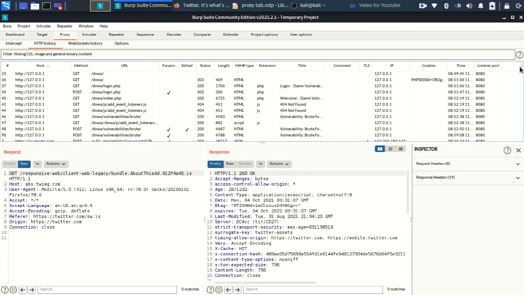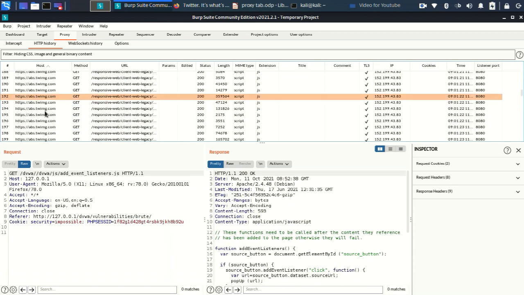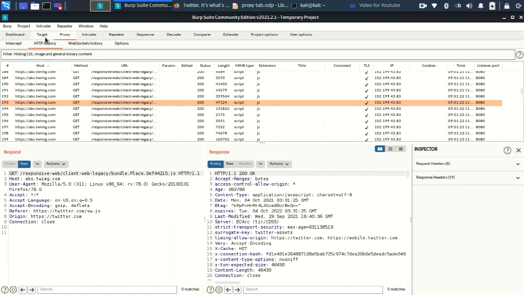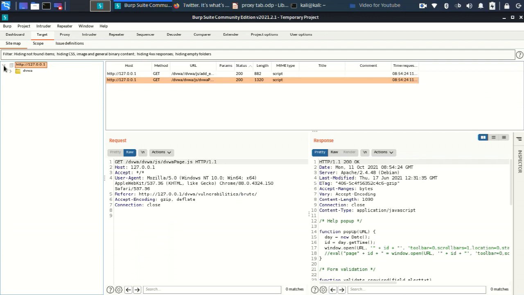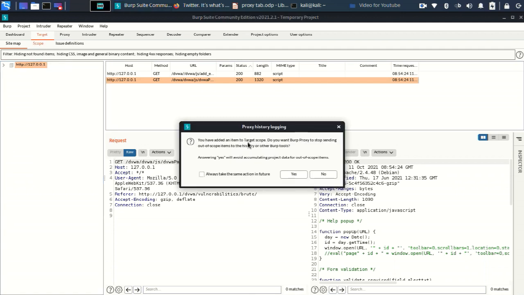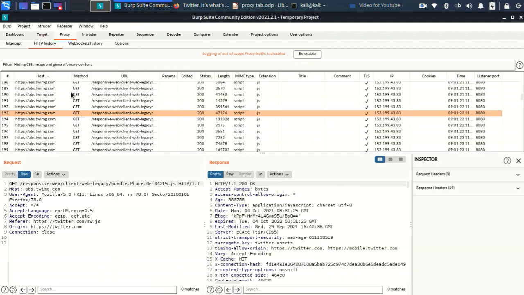But there are so many things now, you might get confused. So suppose I want requests only from a particular domain. What I'll do, I'll go to target and say I want only requests from this domain. Then I'll click here and go to add to scope. Then I'll go to my proxy tab, and now in history, see, everything is showing all the requests that have been sent from my browser.